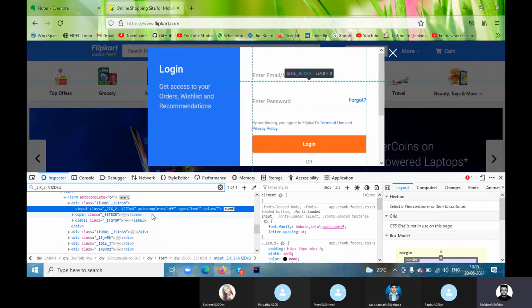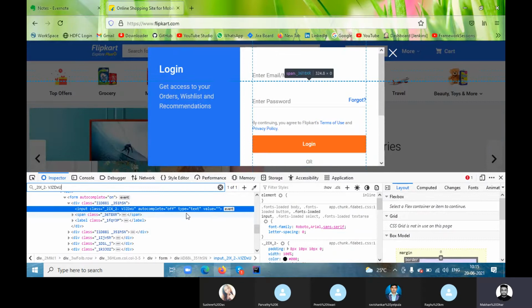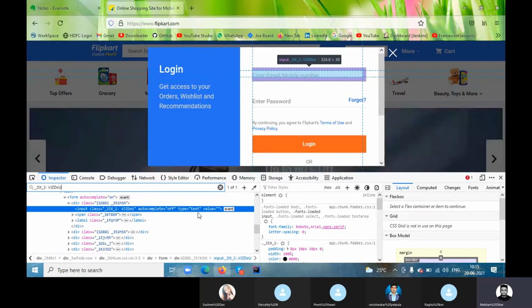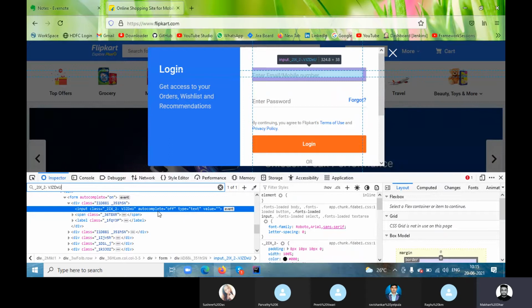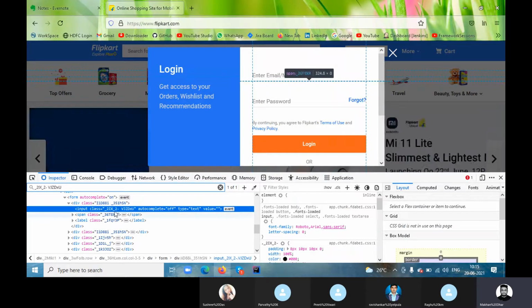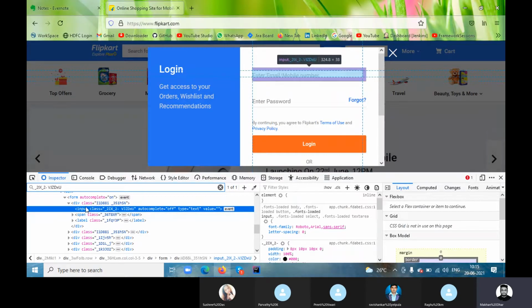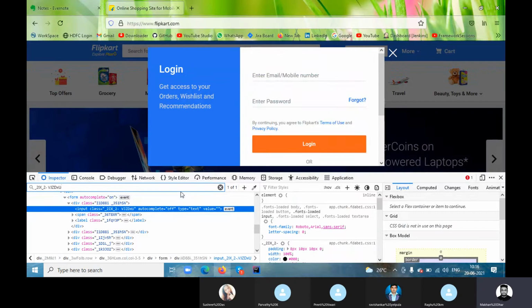Sometimes you can go with all of this, like type or this autocomplete also, but first go line by line. Search with class, and if you are getting unique, don't experiment on this.